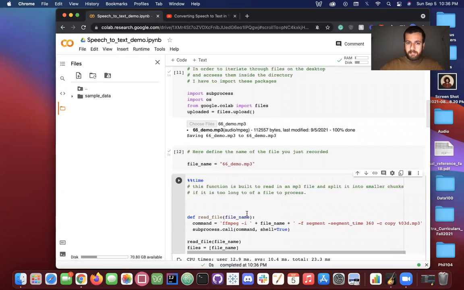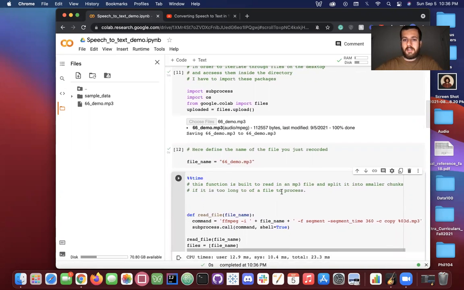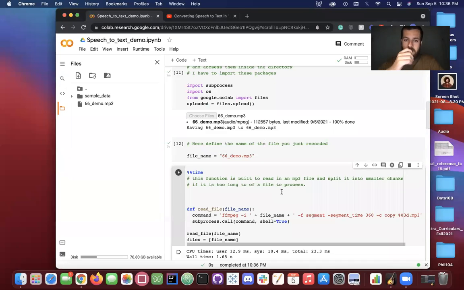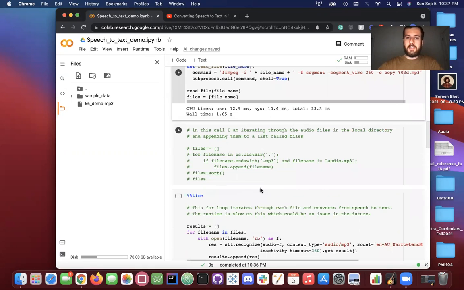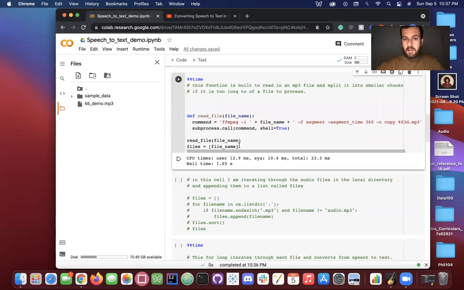And then this function is built to read in an MP3 file and split it into smaller chunks if needed. I actually think I took out the splitting into smaller chunks part because I'm just using short audio clips. But this cell was to split it up, but I don't need to do that right now.